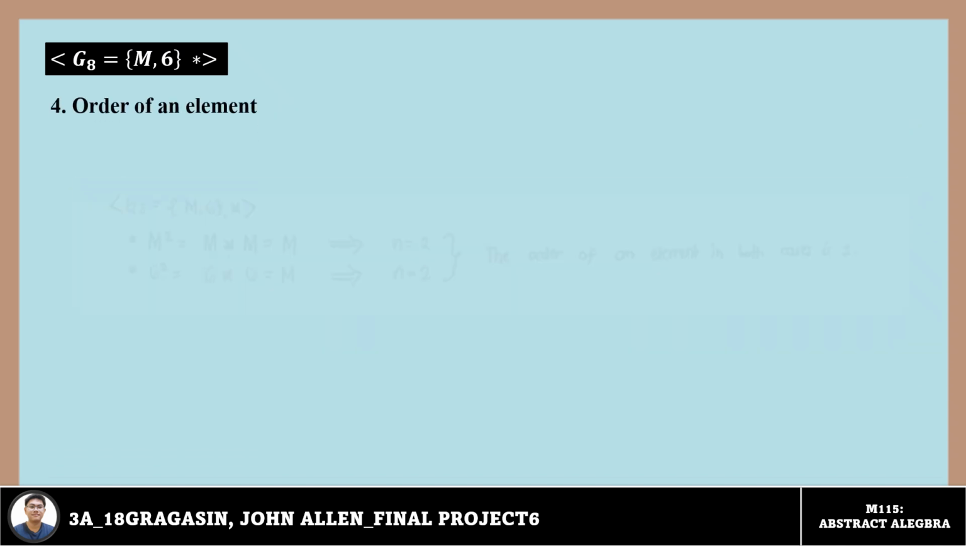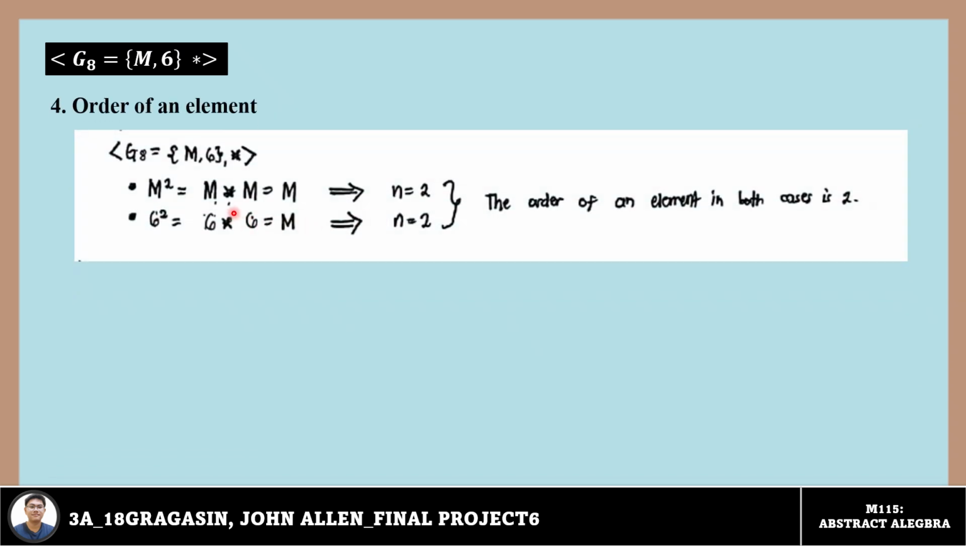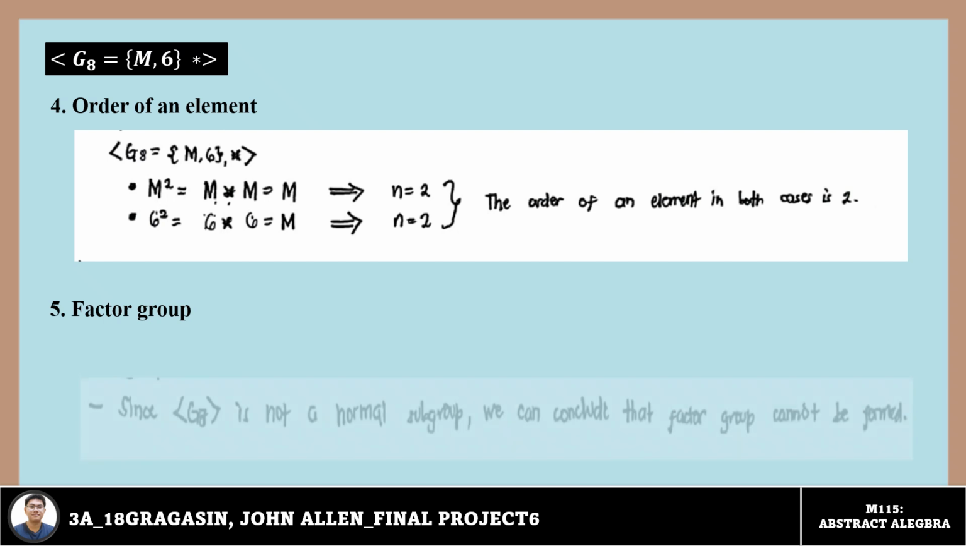And then for the order of an element, again, by counting the number of times that we operate the element on itself until we get the identity element, the order of element M is 2, and for the element 6 it is 2 as well. And then for our factor group, since we concluded earlier that the subgroup is not a normal subgroup, therefore